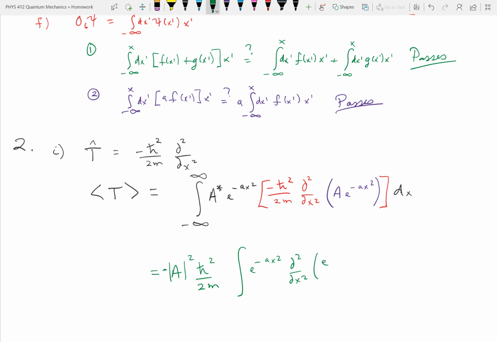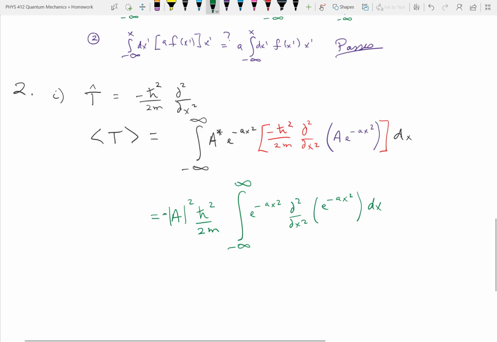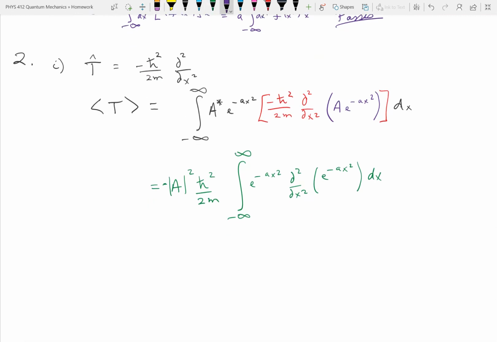And then we're going to find the second derivative of e to the negative ax squared. Right. First derivative is negative a, 2, ax squared. So